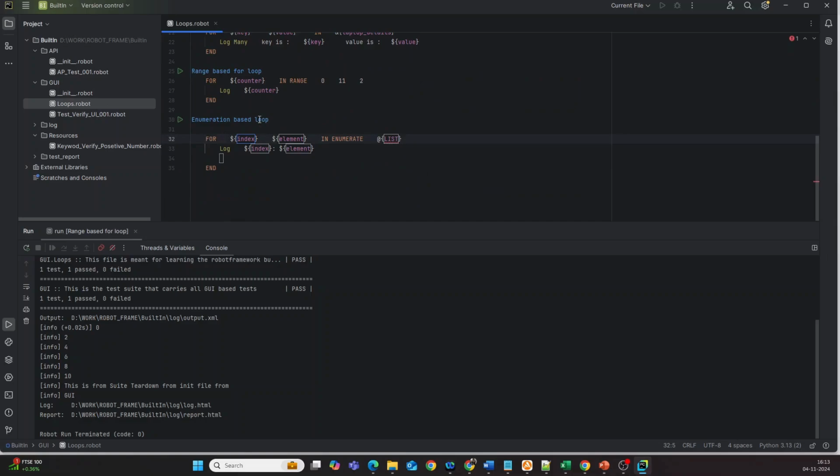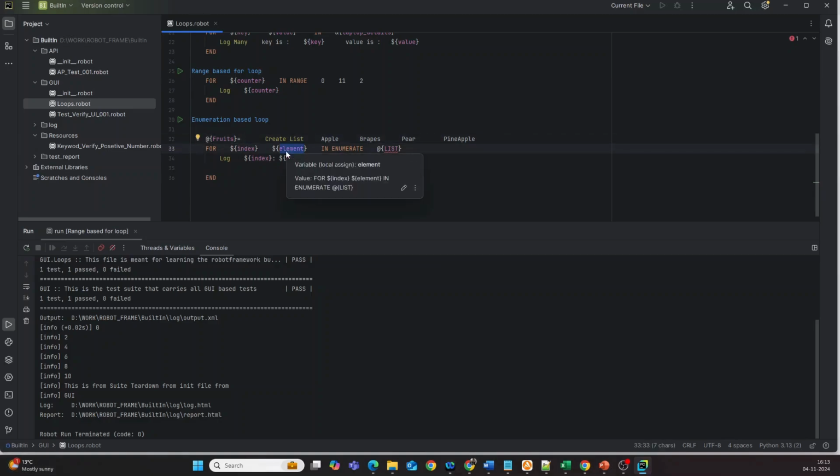It is similar to your basic for loop, but along with the items, it also gives us the index. For example, if I give it as fruit, fruit, fruit, then instead of this list,